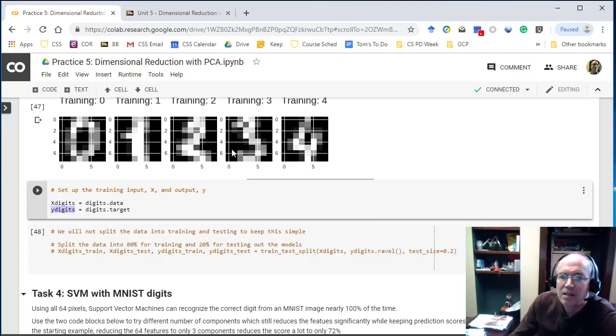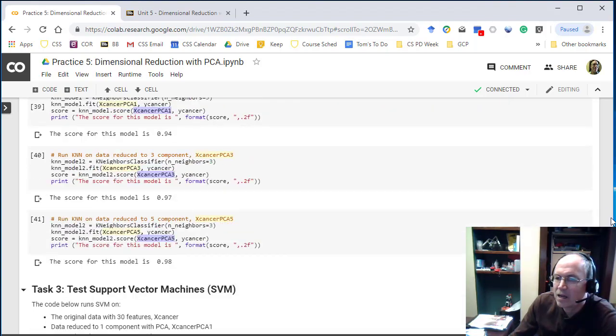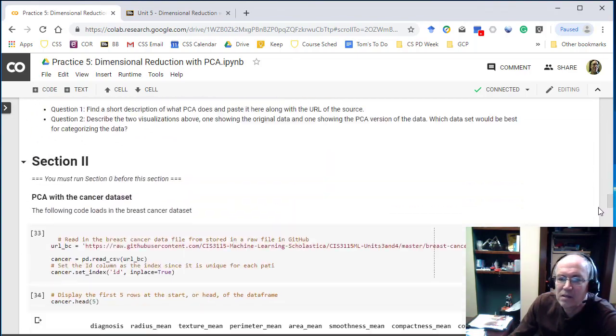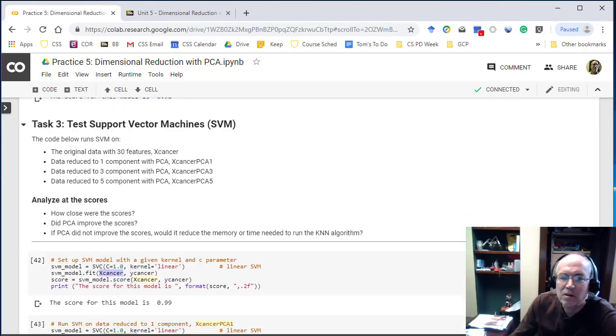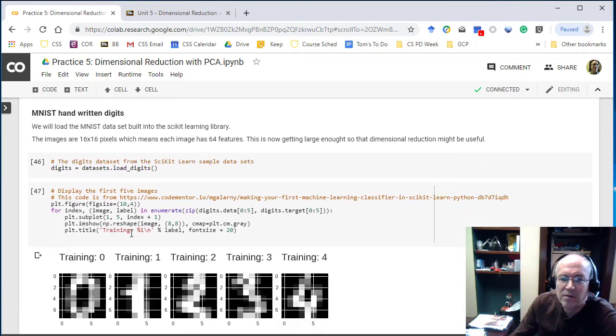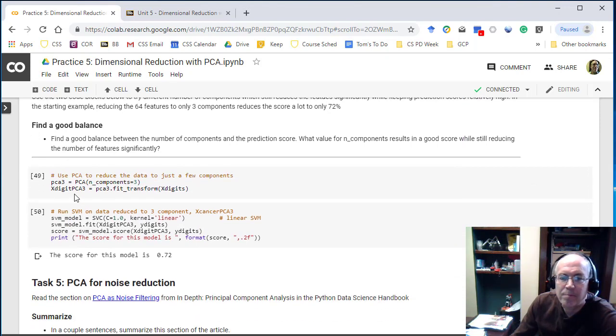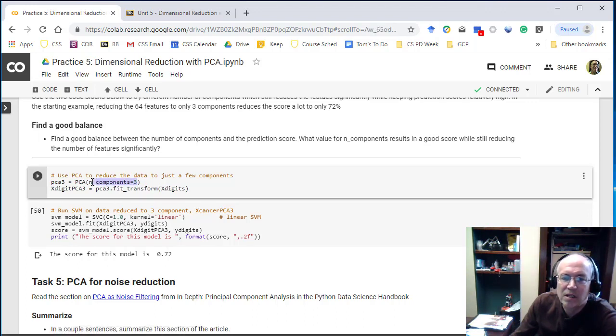It's kind of hard to see here, but if you actually look at the data where we first have it, it's quite obvious to you as a human that this is a 4, this is a 5. Though some of them are a little more challenging than others. So what we want to do in this section is we load in the information, we've set up our x and y there, and here I want you to try to find a good number of components for this. So from the 64 dimensions or features, how far can we reduce it